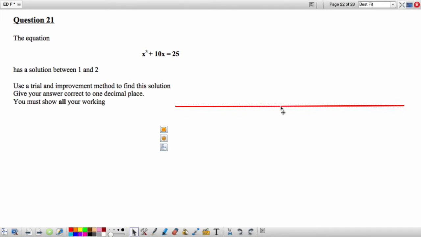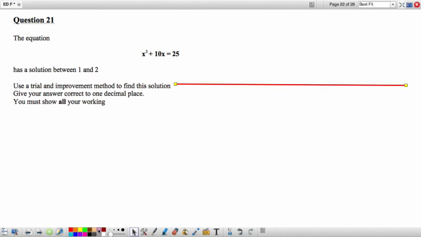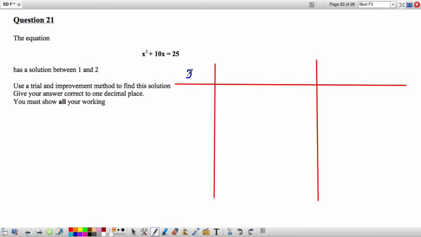This can be a rough sketch. So your first column is for your values of X, your trials. So here we will write X, and it's easiest for us to start halfway between the 1 and the 2,